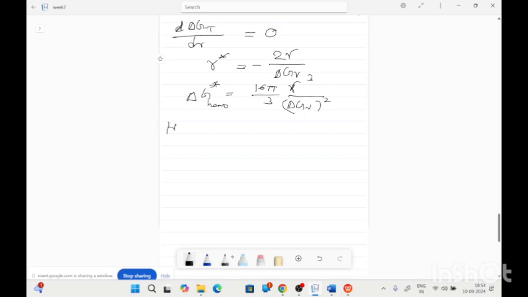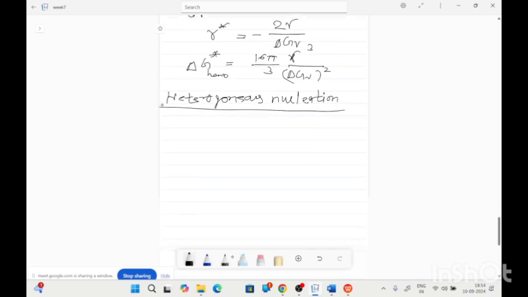In heterogeneous nucleation, the probability of nucleation